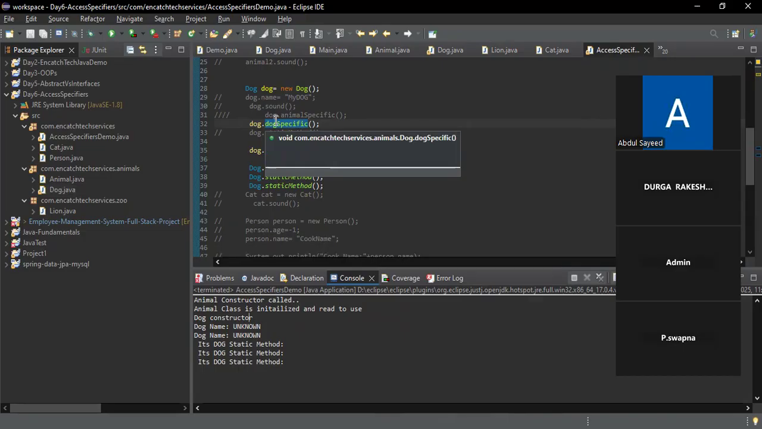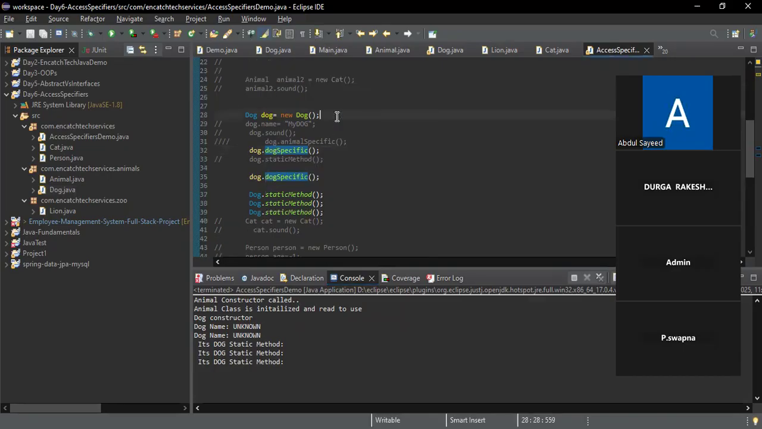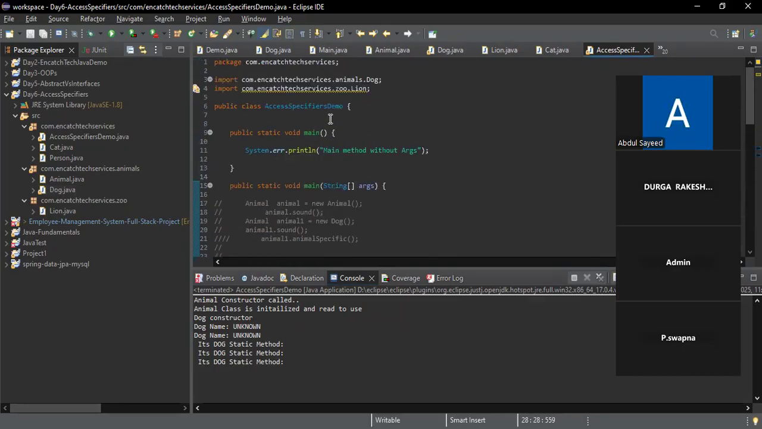Okay, and one more thing is final as well. So final is a keyword where we cannot modify it. Okay, it can be a class,